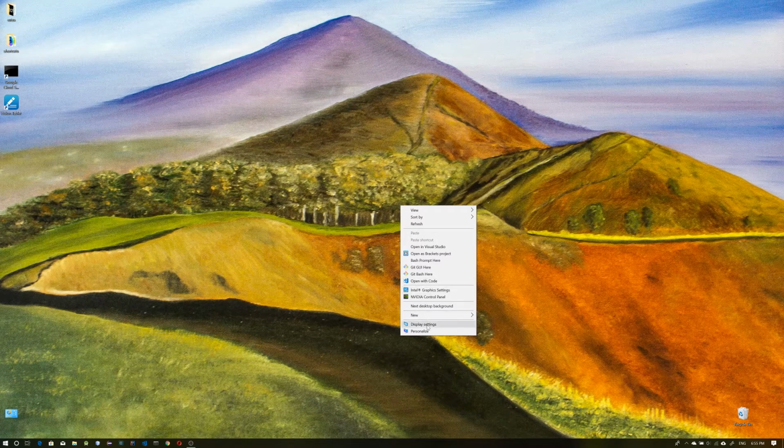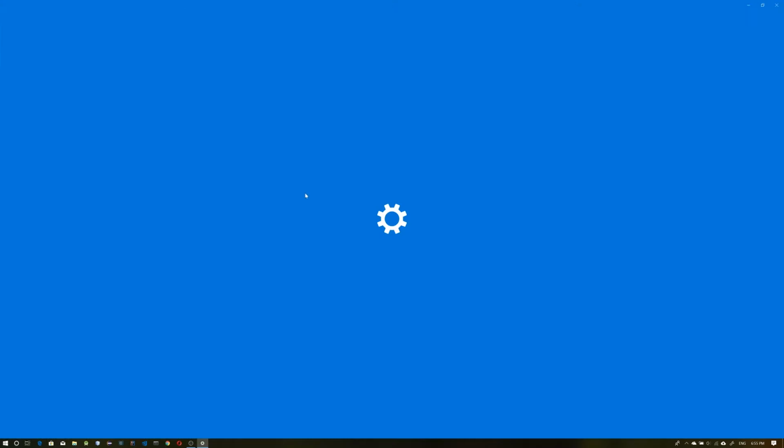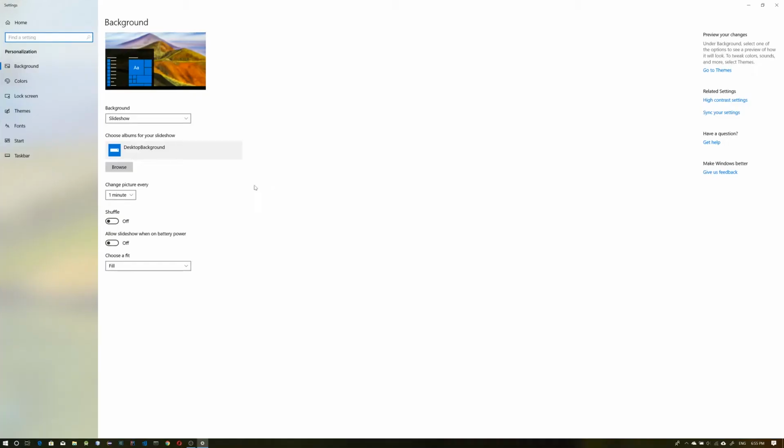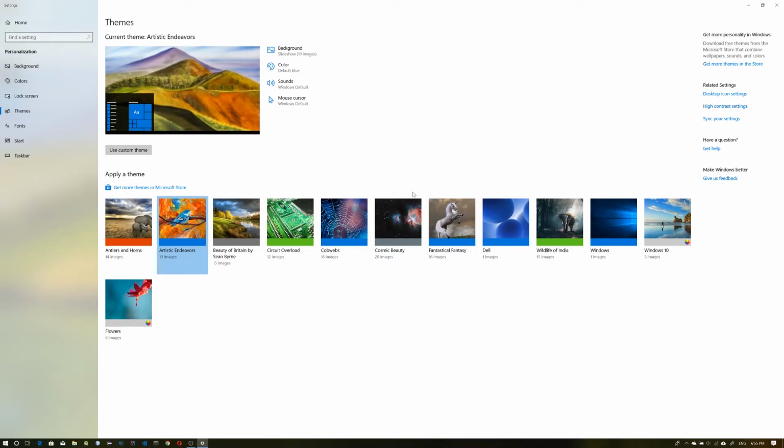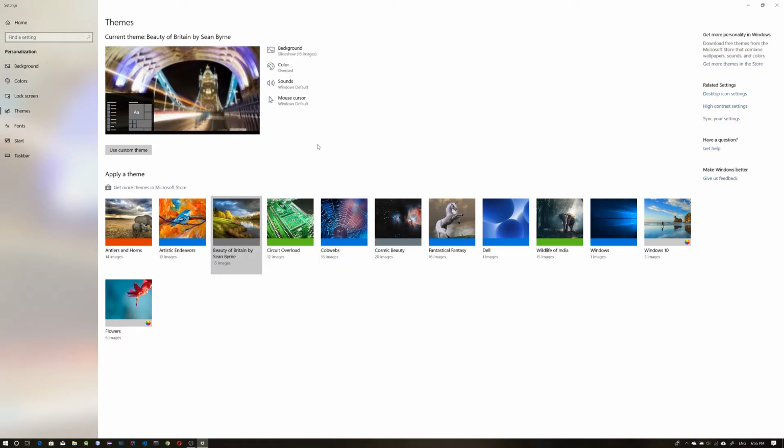To change a theme, you have to go to Personalize. Once you go to Personalize, on the left side you will see Themes. If you go to Themes, you can see already installed themes, and you can enable whatever theme you want by just clicking on that theme. Or else, if you want to install a new theme, you can go to Get more themes,